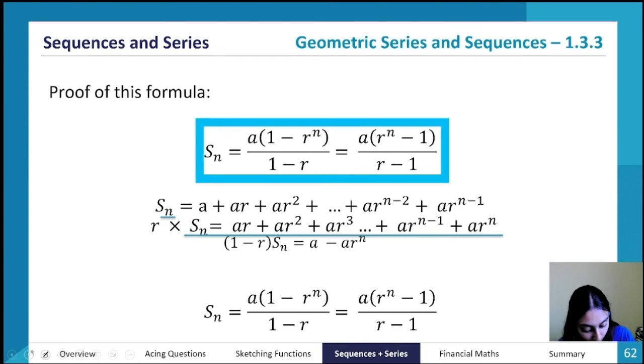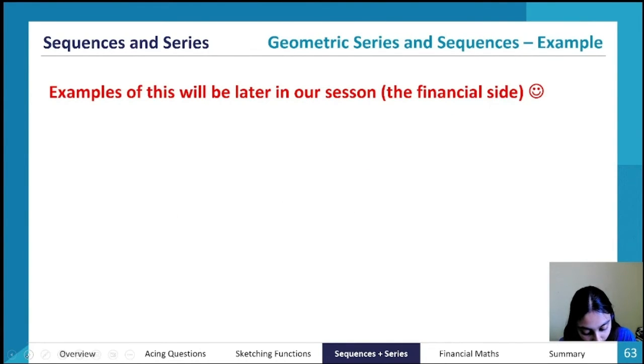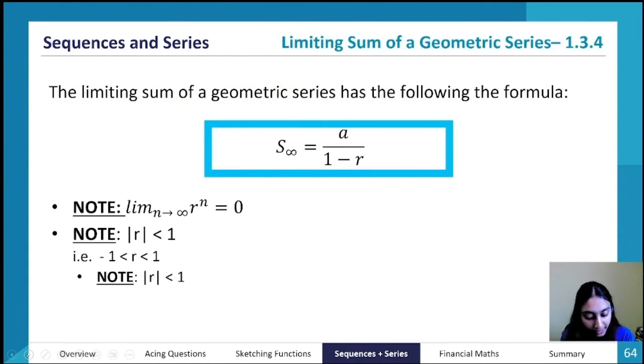I'm not going to bother with the explanation for this one. Then we have another equation, and this is called the limiting sum of a geometric series. It sounds super fancy, and it is kind of fancy, but basically, when r is a small number, let's say r is equal to a half, I want you guys to put in your calculator what happens. So, let's say we have a half.